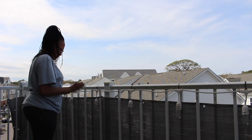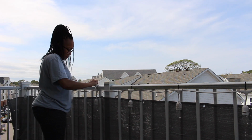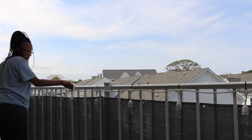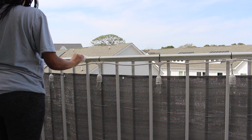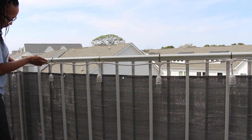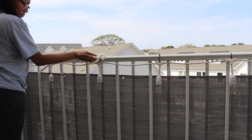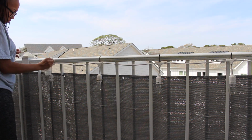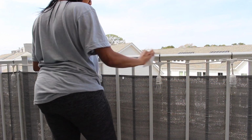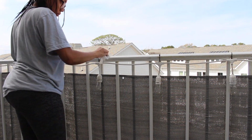I do want to admit, okay, remember this is a non-judgment zone. I completely forgot about the under part of the railing, but because the lights are in the way and all this other decoration, zip lines and whatnot, I didn't even get to it, and I completely forgot about it until I started editing this video. So again, please don't judge me. I'm going to get to it before I move, and honestly, I don't want to deal with this amount of dirt